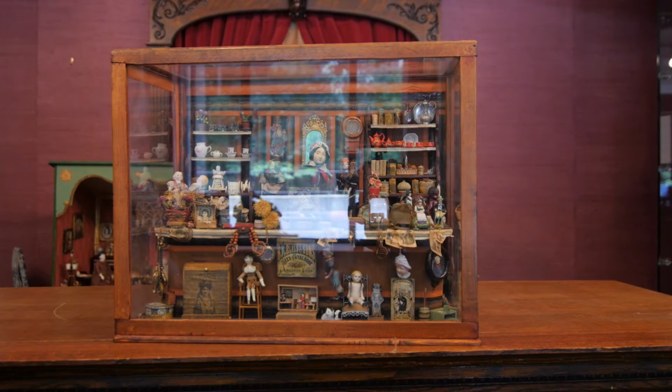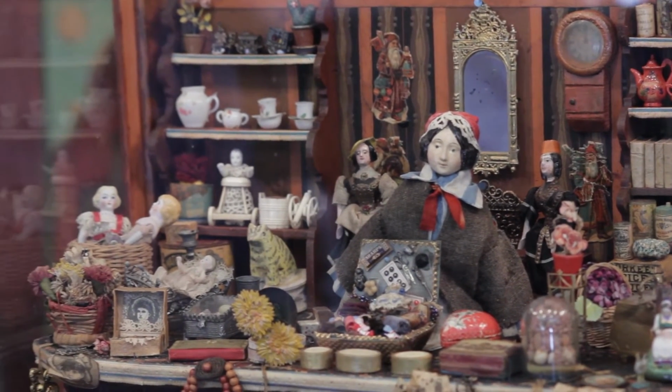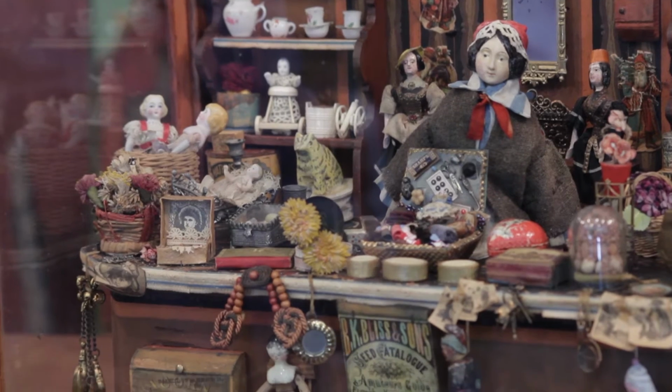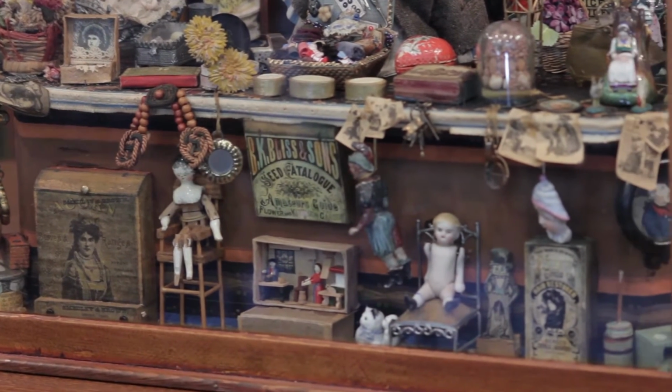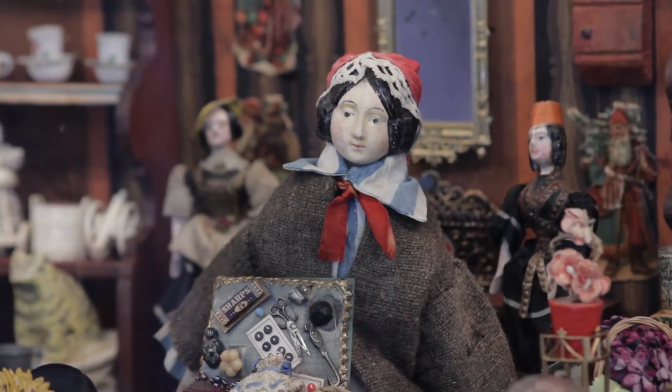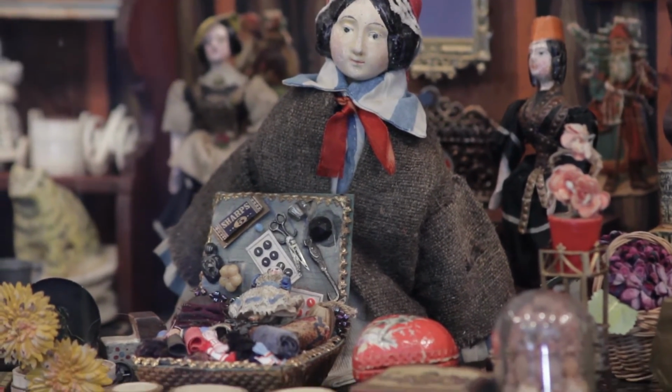The most treasured doll rooms, stores, and houses that you can find are the ones that you just could stand in front of and just keep staring at for an hour or more, and you just keep seeing different things. When I first saw this toy store, I was immediately taken, of course, with the storekeeper, who's this wonderful early papier-mâché lady. And she's standing in front of her novelty box of little tiny buttons and dolls and accessories and